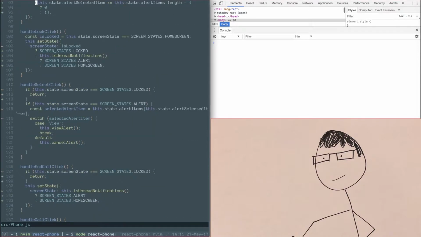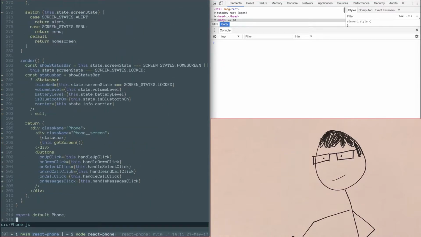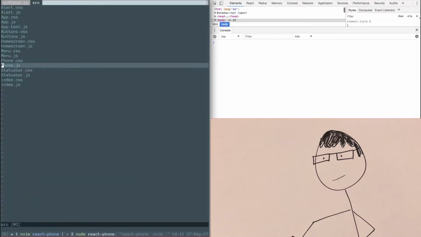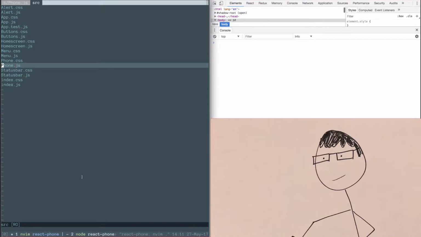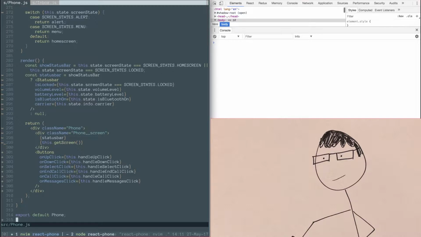This file is huge, so I want to do an inbox component. And